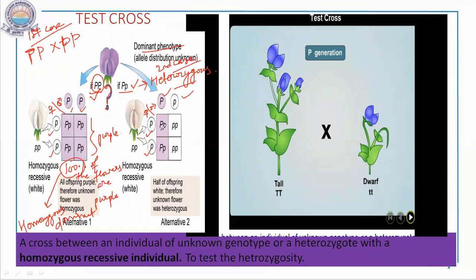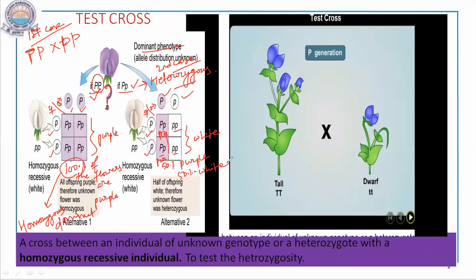Let's see. This is capital P small p, purple. This is small p small p, white. That is again capital P small p, purple, and this is white, small p small p. So these two become white, whereas these two become purple. In short, I'm writing PUR, purple. That means, can I say 50% of the offspring are purple? The remaining 50% of the flowers, can I say, are white? Can I say like this? Am I correct or am I wrong?